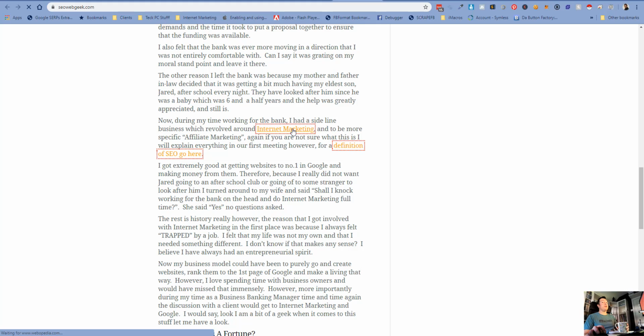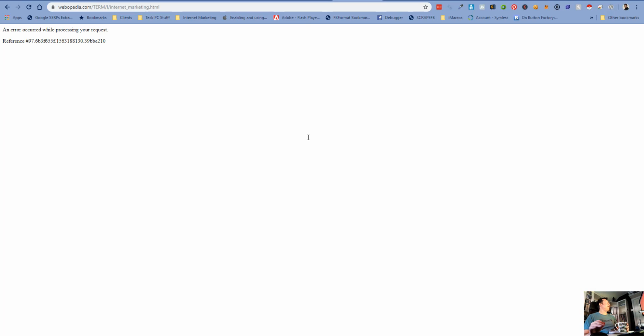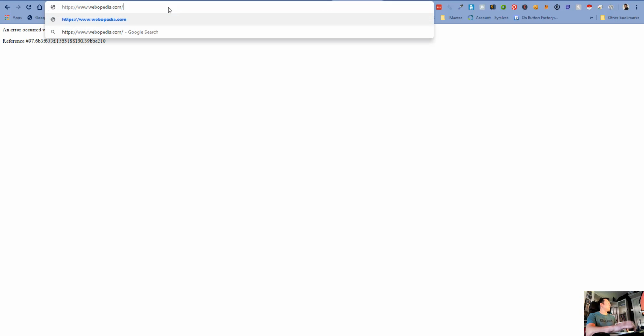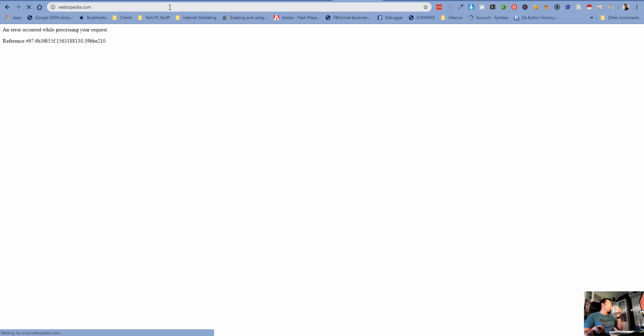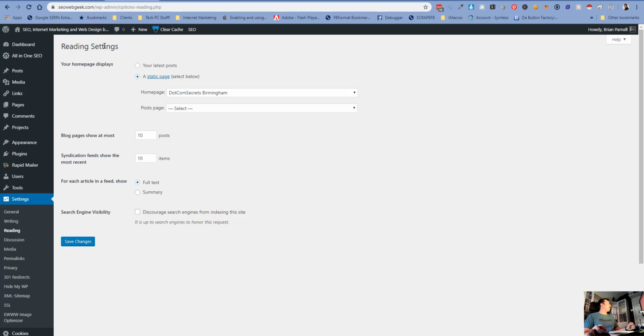Now, if this page is not still live, okay, this is a bad user experience and Google doesn't like it, and you can get ranking knockdowns, not penalties as such. It's not really a penalty, but Google will be like, nah, don't like that. Right, so is Webopedia still a website? There you go. This is quite good that things like this come up, because it just shows you what you need to be on top of,